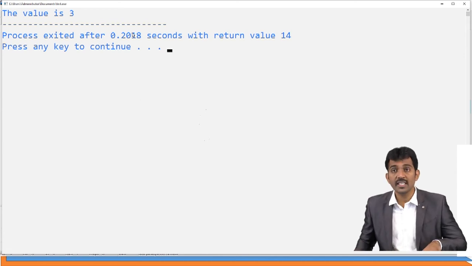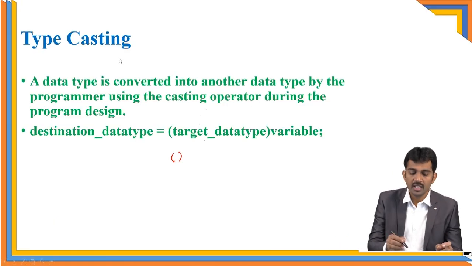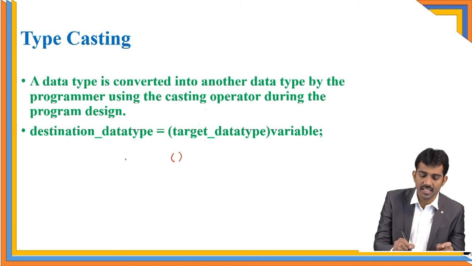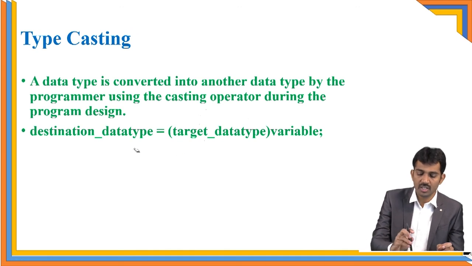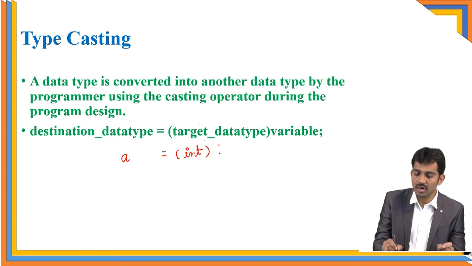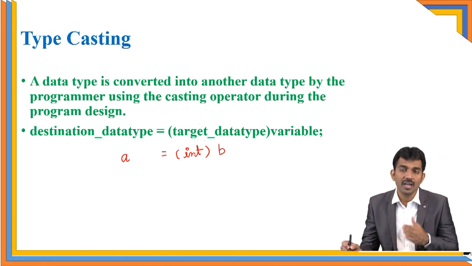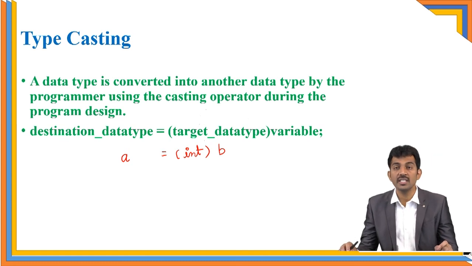So this is called casting. It means you are converting your data to the destination. So this is the target, right? Observe carefully. Here the destination data type is integer. Now you are going to convert your data into the integer type. Integer type means A is there. A is of which type? Integer type. What data is available? B. This is a variable. B is a float variable. Now the float is converted into the integer by using the destination type. This is called typecasting.